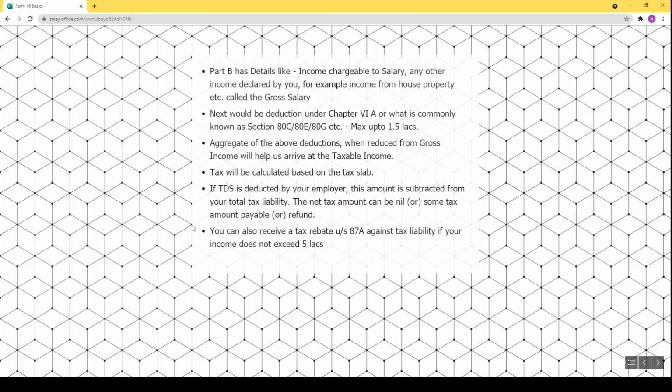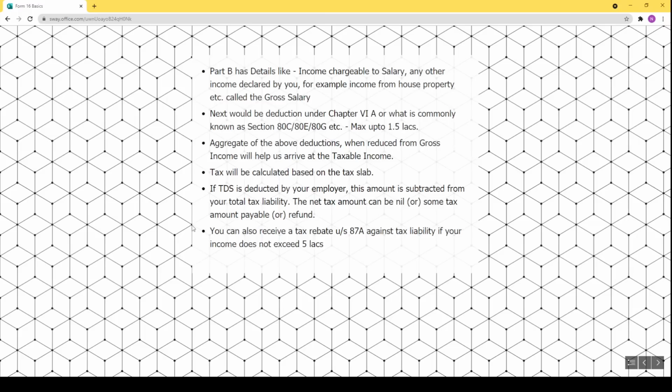If your employer has deposited any tax, then that amount would automatically populate in your e-tax filing, and it would be reduced from your total tax liability. So net tax amount can be either nil if you fall in the exempt area of the tax slab. There could be some tax payable, or there could be a refund also.